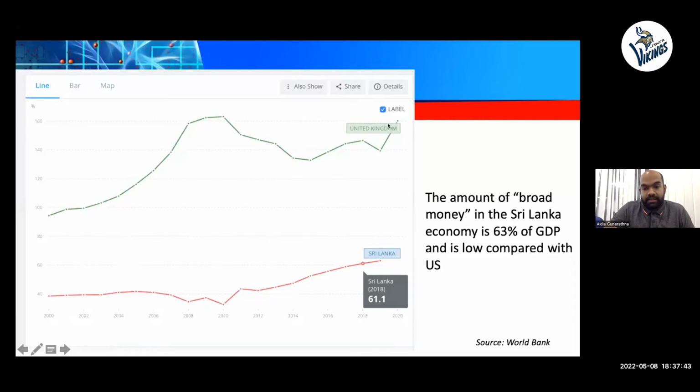You can see this chart is from the World Bank. It shows the amount of debt as a percentage of GDP, gross domestic product. If you look at Sri Lanka, the debt is 61% in 2018; in 2020 it can be slightly higher. But compared to the UK, it's at 160 plus. These developed countries have more debt compared to their GDP. So Sri Lanka can take more debt,